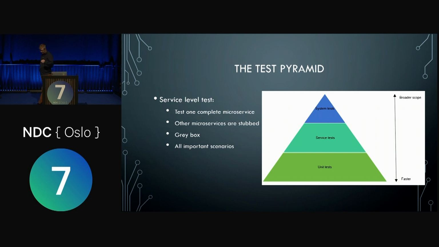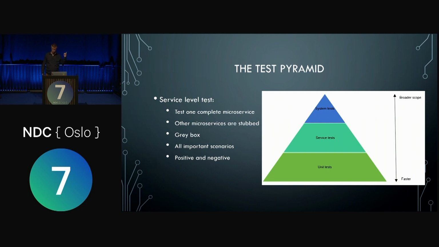And I think with this level, we can cover all the important scenarios for that service, meaning all the important scenarios for that business capability. So that comes back to why I wanted to point out that the scope and responsibility of a microservice should really be a business capability, because this is something that we can put on a slightly higher level of abstraction than the technology and the implementation, when I talk about what's important in terms of, say, a loyalty program. Which scenarios should it really always support?